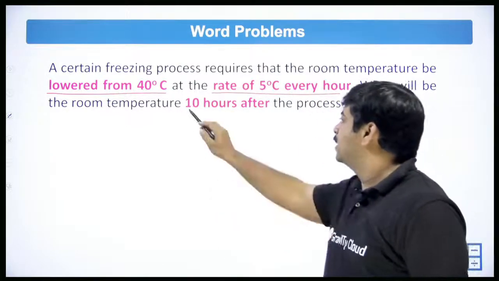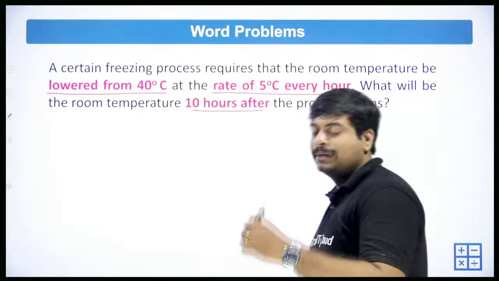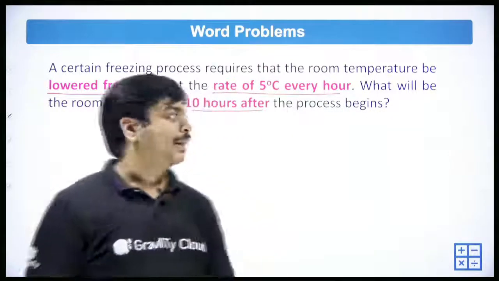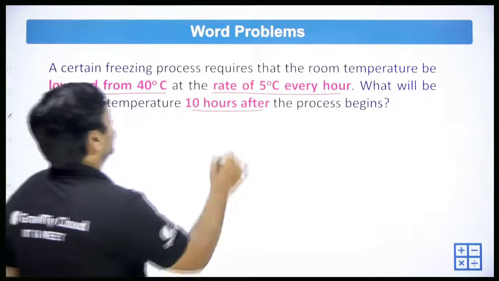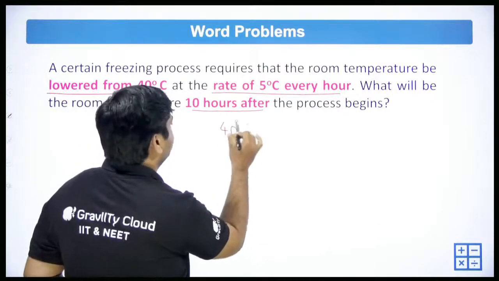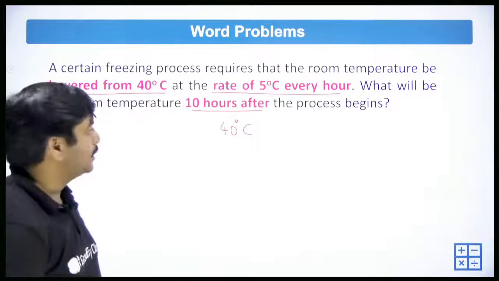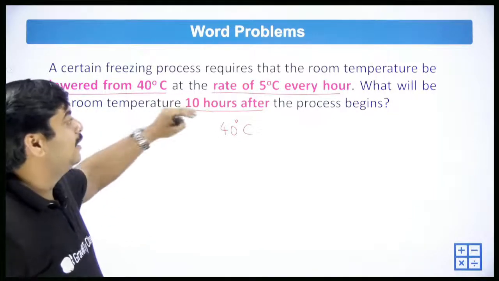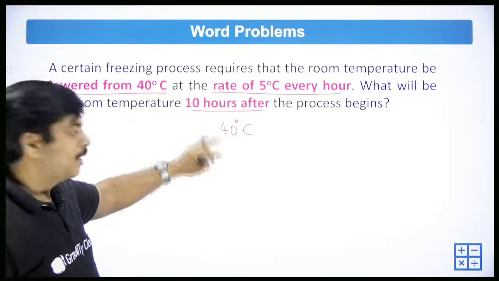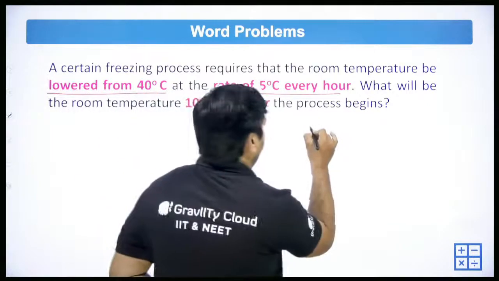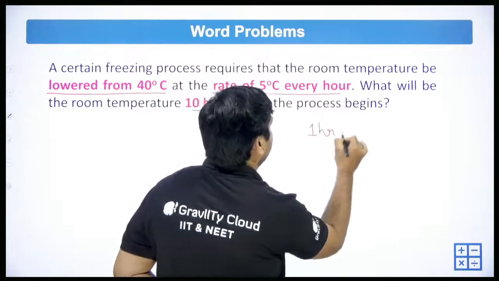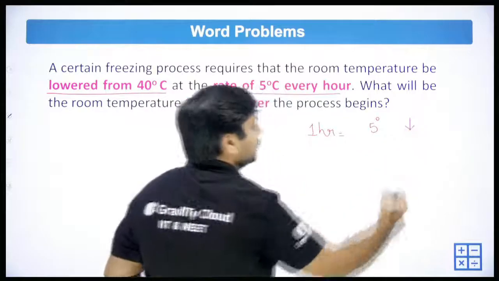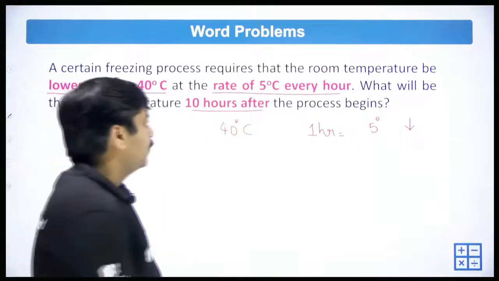What will be the room temperature 10 hours after the process begins? So I'll tell you like this. 40 degrees Celsius is there. It is decreasing at the rate of 5 degrees every hour till 10 hours. For 1 hour, it is reducing by 5 degrees. So for 10 hours,